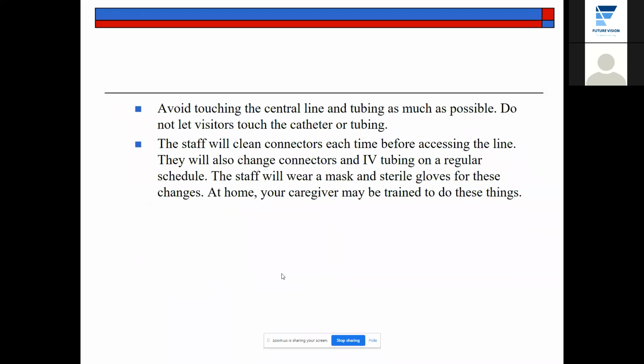Now there is a policy that says we need to change it every 14 days. It differs by hospital, but generally most policies say every 2 weeks we need to change the central line. Okay. You will always follow the policy of your organization, but mainly many policies say that regardless of whether it is working or not working, at 14 days automatically we will take it out and put in another central line. But mainly, even during this period, as I told you, if it becomes wet or dirty, or you feel that it is not working properly, we need to take it out.